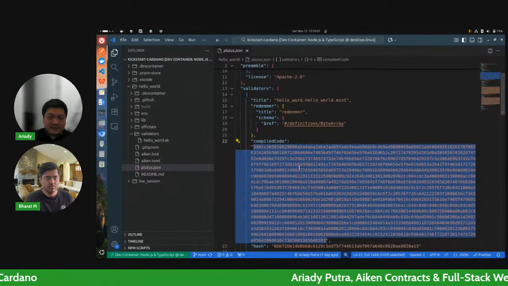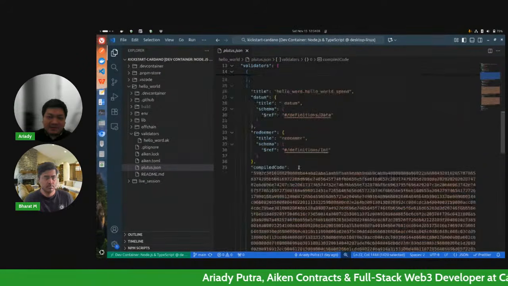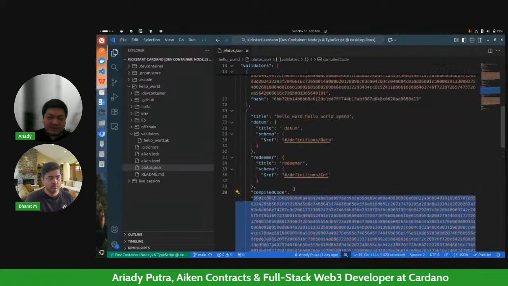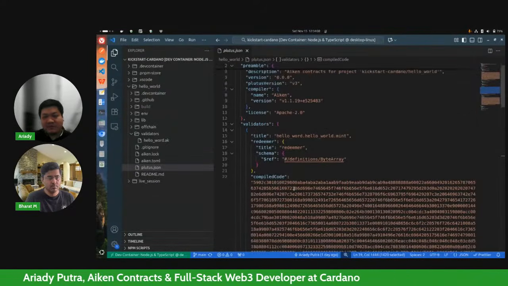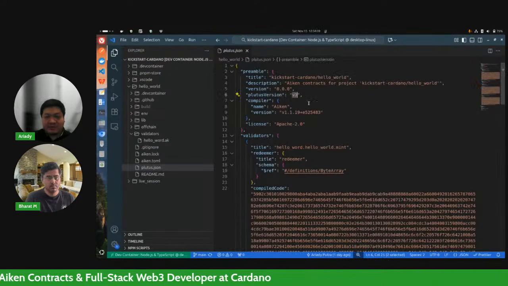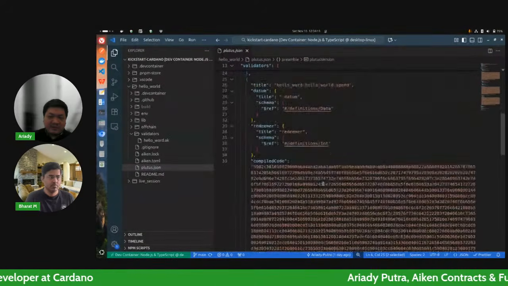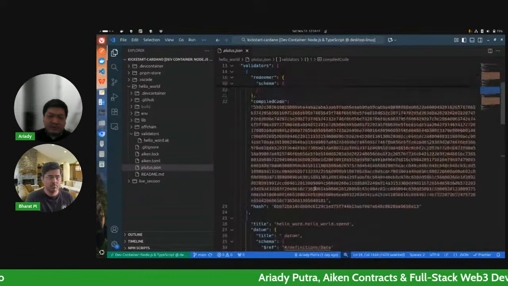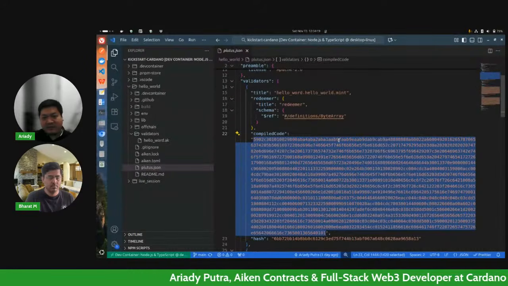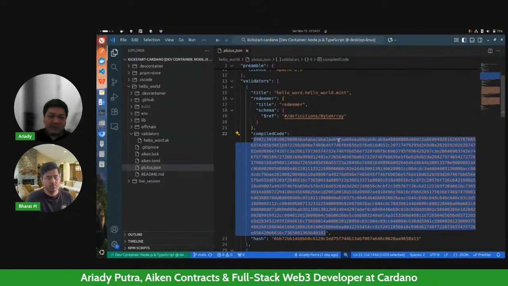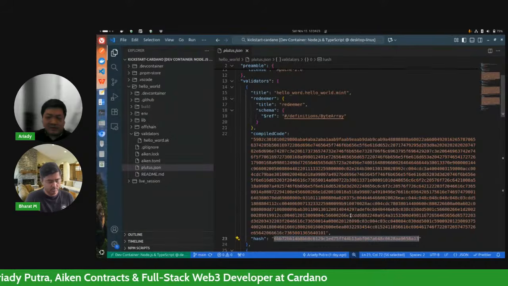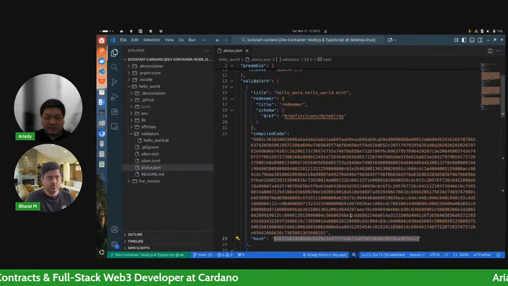And just for information, why there is seemingly duplicated code here, this is just coming from Plutus V2, because back then in Plutus version 2, each validator will have different compiled code. But in Plutus V3, we have this feature called multi-purpose validator, meaning that a single validator can handle various types of script purposes.